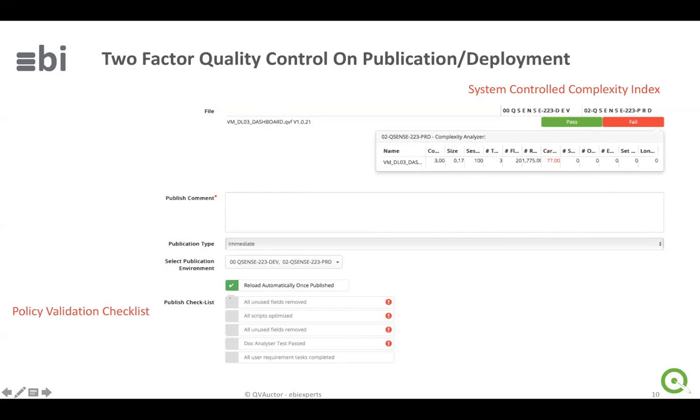And then on the same view on the publication, we bring in whether you can actually pass or fail into that environment. So you can publish the application, meaning that you can publish it into your development environment, or you can't. You failed the thresholds that have been set for your production